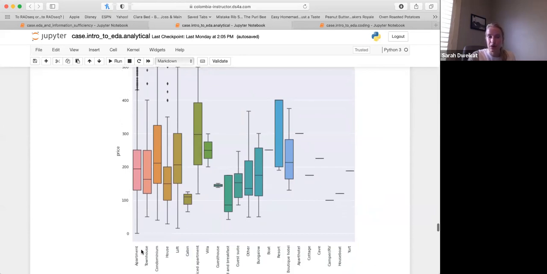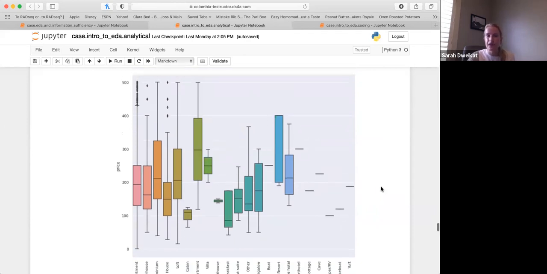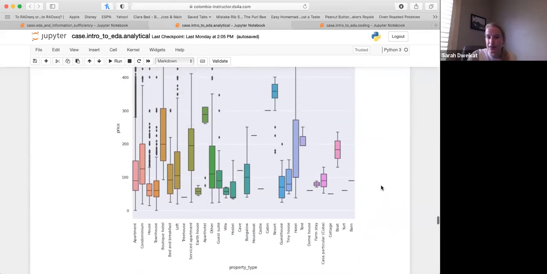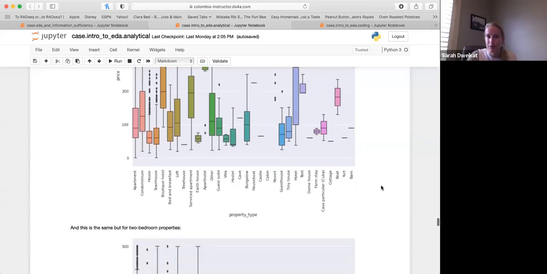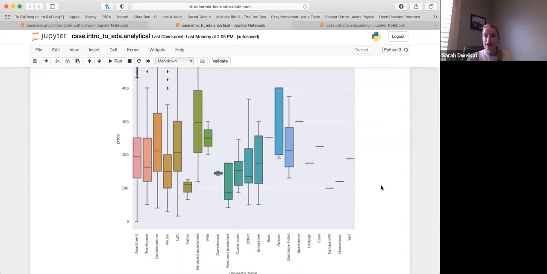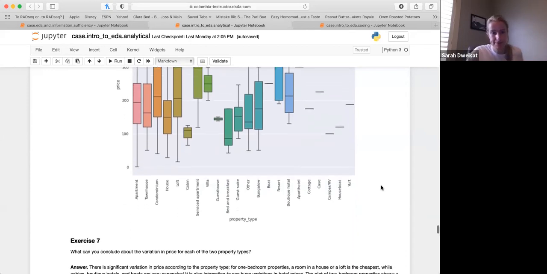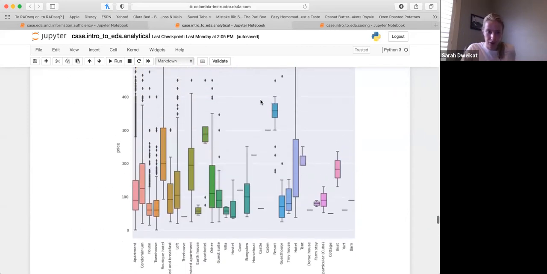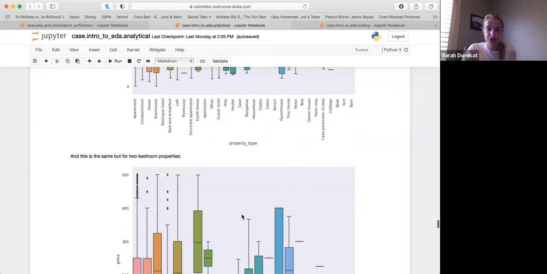So let's go ahead and look at any differences you see, the variation. Do you notice any different trends, or is it helpful, in this case, to break it down by property type for 1 bedroom versus 2 bedrooms? In our previous data set for parking, we did notice that it was pretty helpful to discern which neighborhoods have that positive correlation. What do you see here? And again, this is for 1 bedrooms and 2 bedrooms.